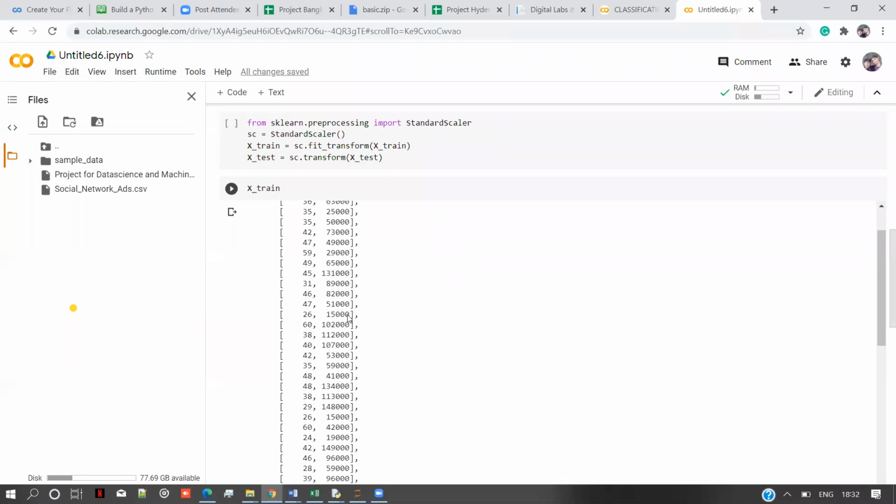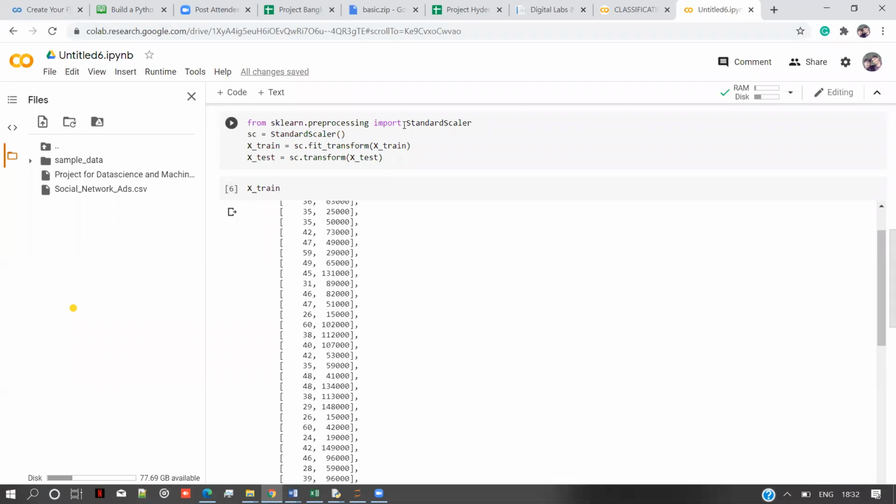Suppose I have a minimum value of 10,000 and maximum value of 90,000. Means everywhere I get 10,000, you'll replace with -1, and where you get 90,000 will be replaced with 1. And all the salary values between 10,000 and 90,000 will fit between -1 and 1 according to the scaling factor.